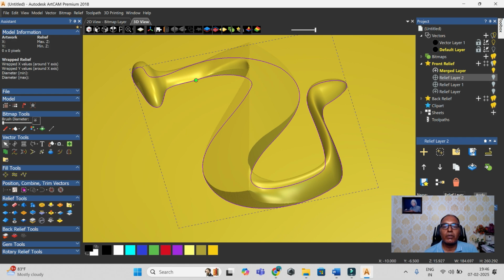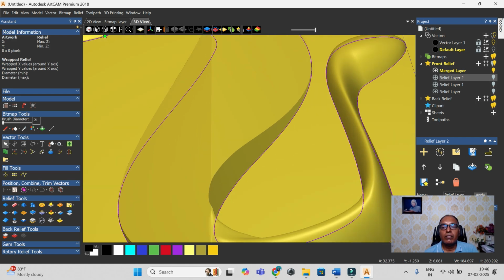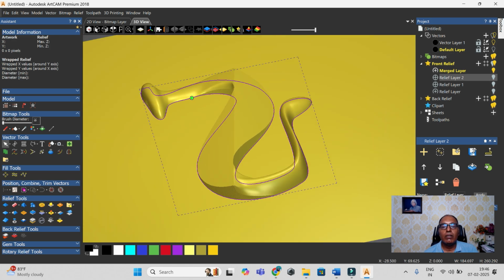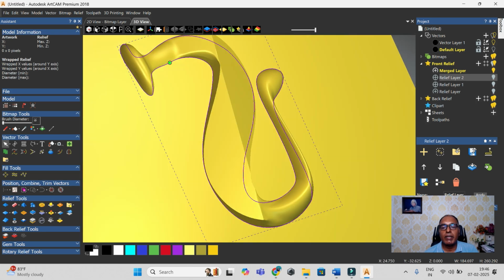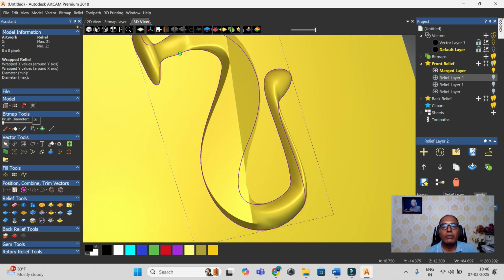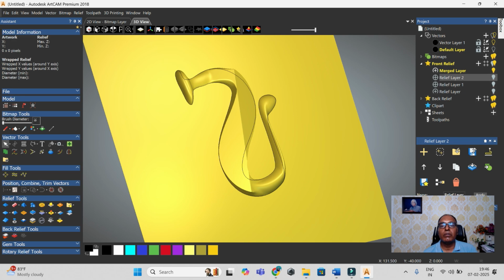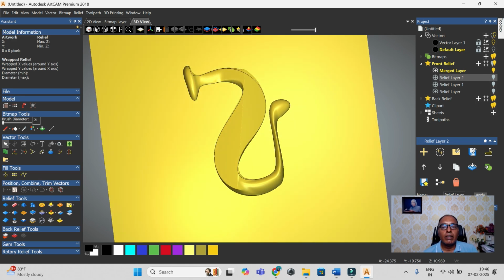Here you can see this slope on both sides. If you want to do the sculpturing, with the sculpt tool here also you can smooth it all. It all depends upon your own creativity, the way you want to take it. Okay, so I hope this lesson is going to be very useful for you. Use it in your work in different designs,